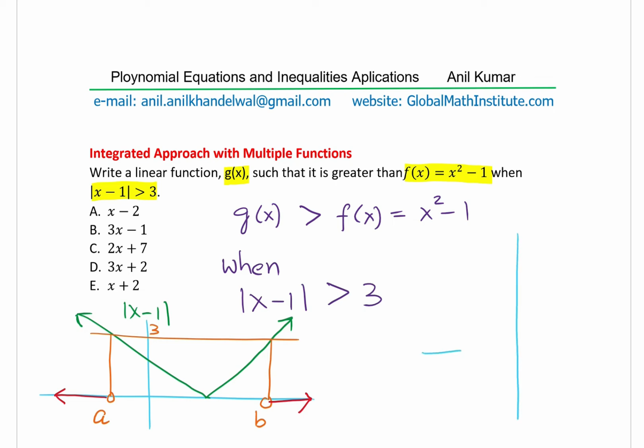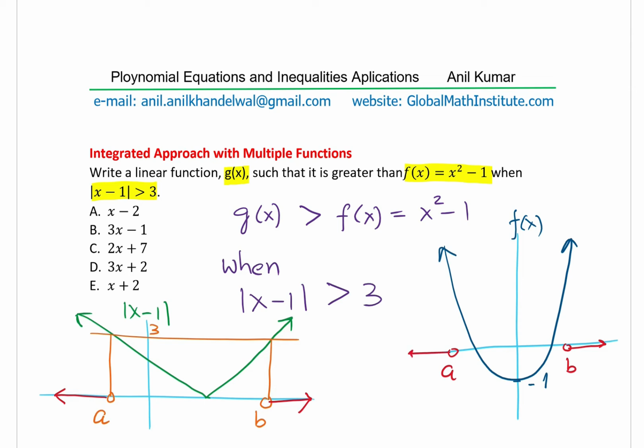Let me sketch this also on the side, on a different graph. It could have been done on the same graph also. So let us say we have this particular function, and I'm going to use a different color here. Let's say x squared minus 1, that means the parabola is kind of like this, and this point being minus 1. So that is the function f of x. And in this interval, which is let us say a and b,